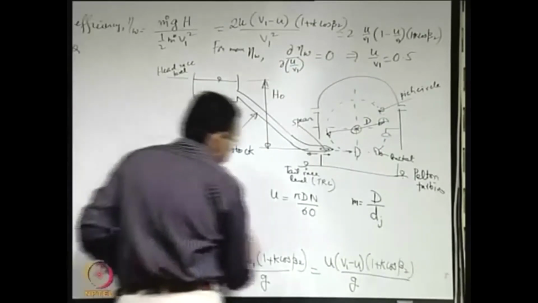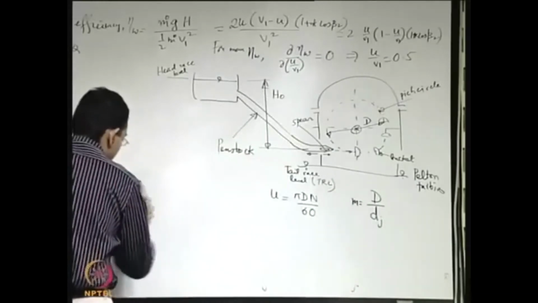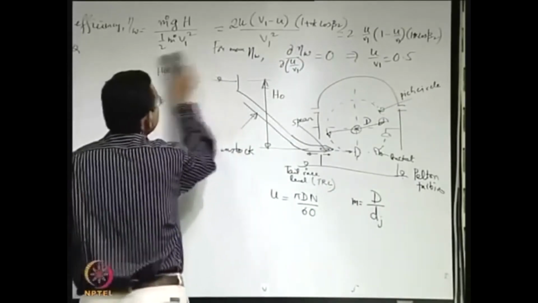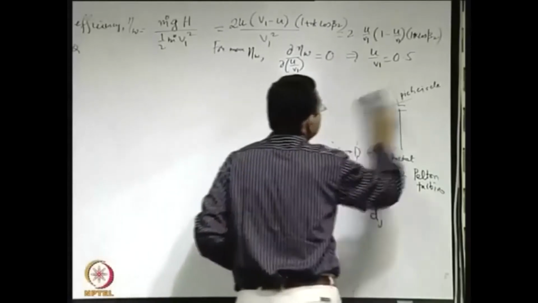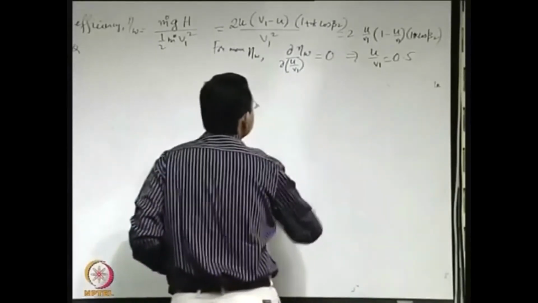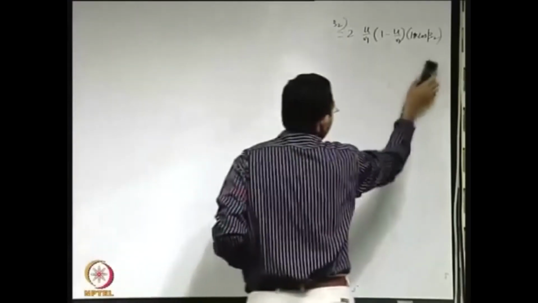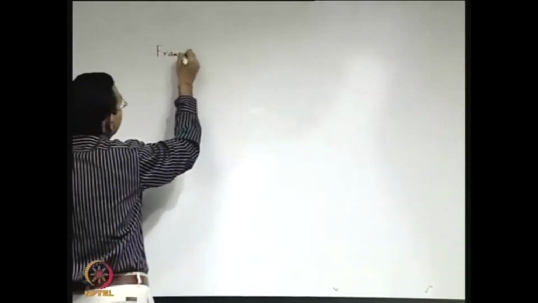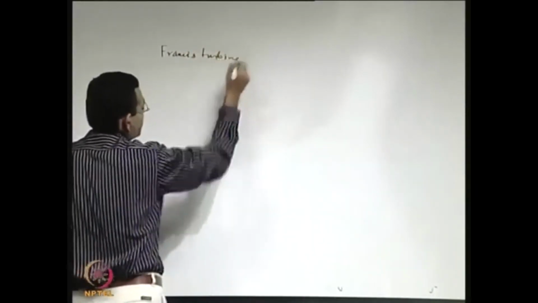Now, the next type of turbine that we will discuss is the Francis turbine. When we discuss the Francis turbine, just for the sake of convenience, we may keep in mind that as if we are inverting the operational direction of a centrifugal pump. It is not exactly like that, it is an oversimplification, but somehow it helps in initial understanding. So, what do you have in a Francis turbine? We will first consider a blade passage and then some of the more details.